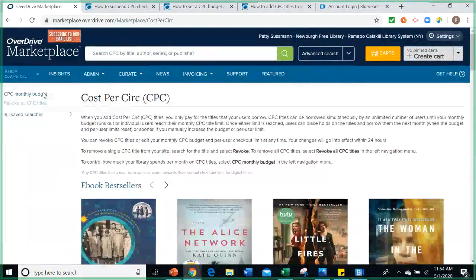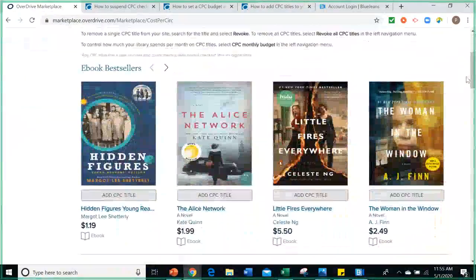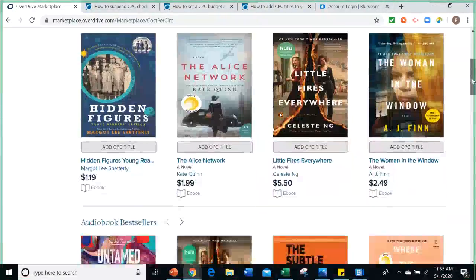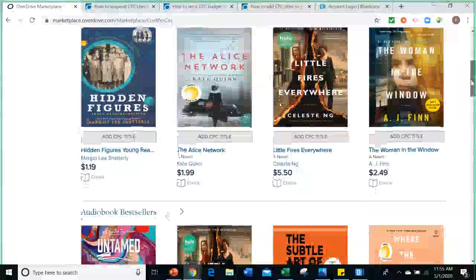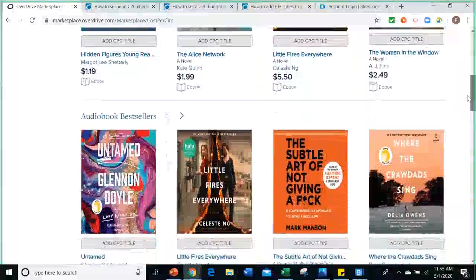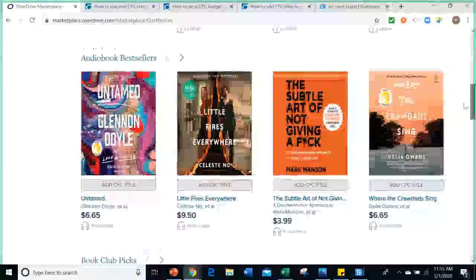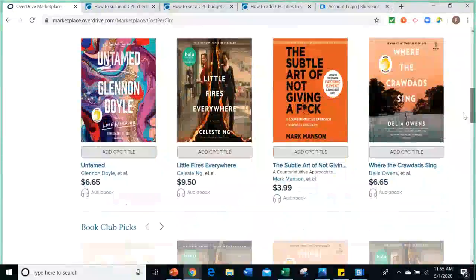So it says when you add a cost per circ title, you only pay for the titles that your users borrow. These don't go into the consortia. These are for your library patrons. So if you announce that you want to do a book club on Little Fires Everywhere, you could. And it's going to cost your library $5.50 per book. There are other ones that are cheaper, like the Alice Network is $1.99. There are some that are even cheaper. So there's audiobook bestsellers, there's book club picks,